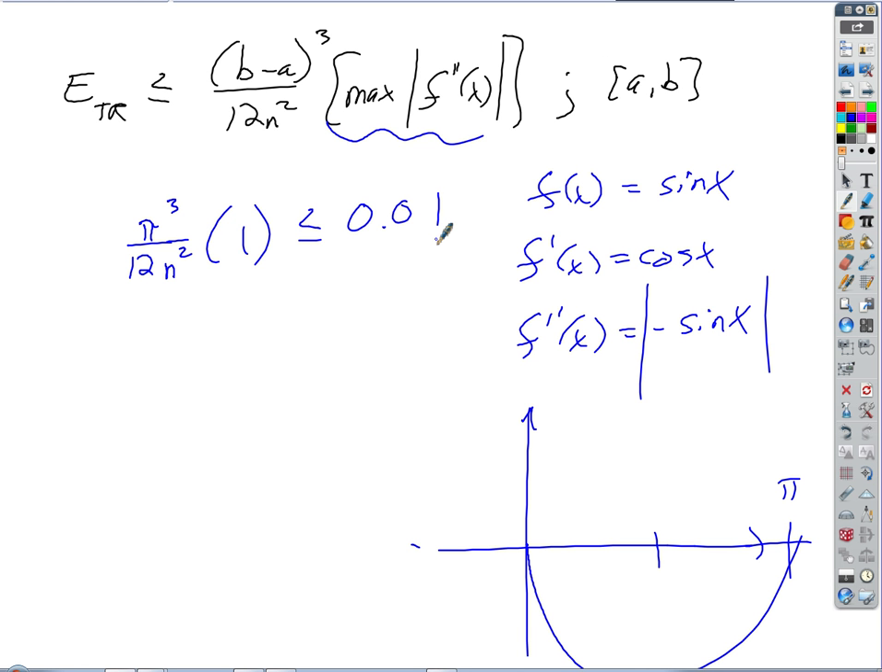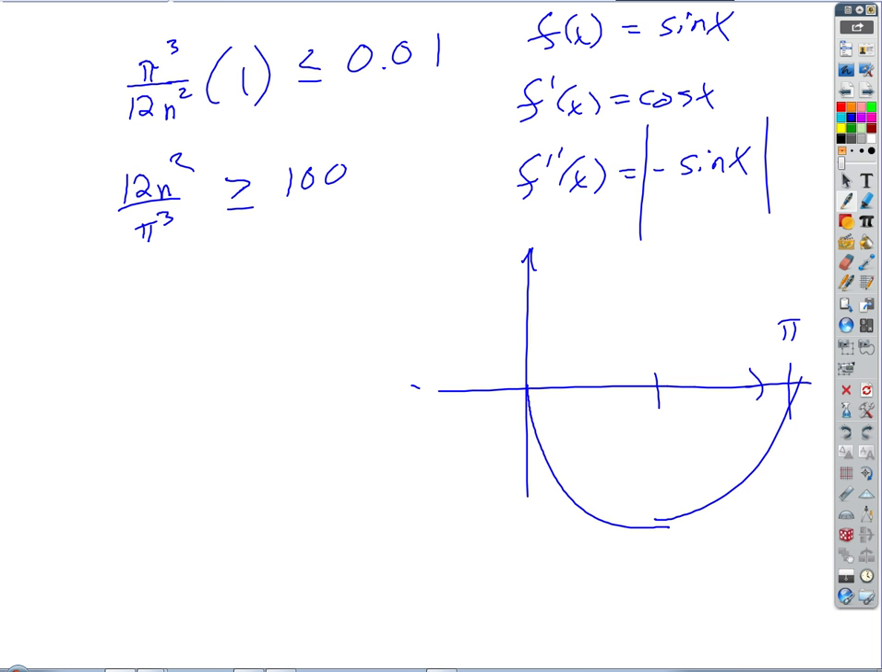right? So then all we have to do is just solve for n, right? How would we solve for n there? Well, we could multiply both sides by, well, let's do this. We could flip both sides, right? So we'll end up with 12n squared over pi cubed, if I flip it, is greater than or equal to, what's the reciprocal of 1/100th? 100, right? So now all we have to do is just multiply by pi cubed and divide by 12 and